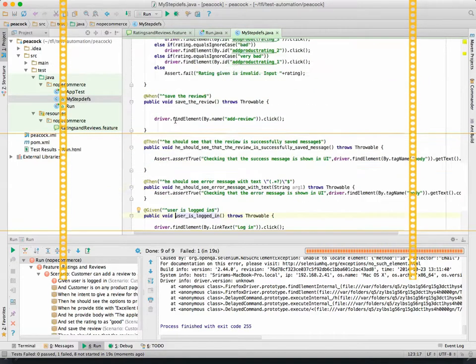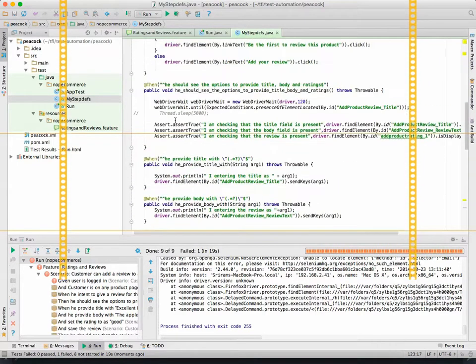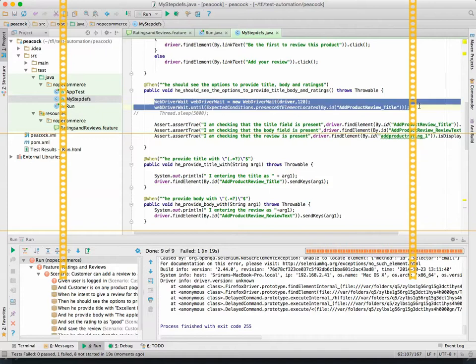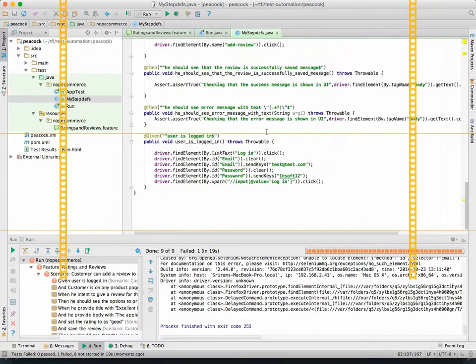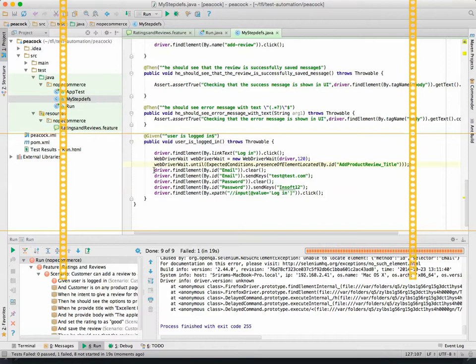We'll put an explicit wait here also. I think sometimes this is creating a problem here, right? So what I will do here is for the email stuff, okay, run it again. See, every time you run it should work.